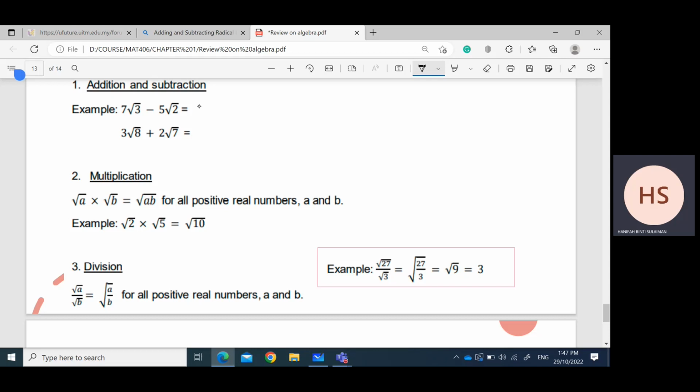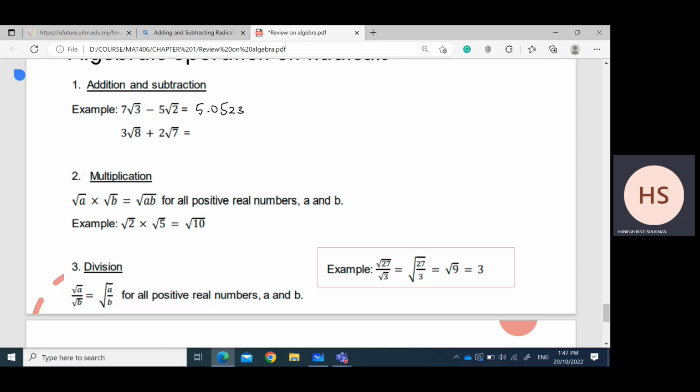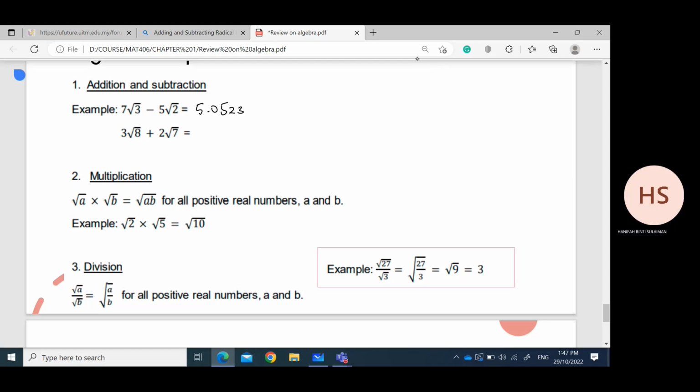And it gives us the value 5.0523. Okay, so it is similar with the second, which is 3 times square root of 8, and then plus 2 square root of 7. Okay, so for this one,